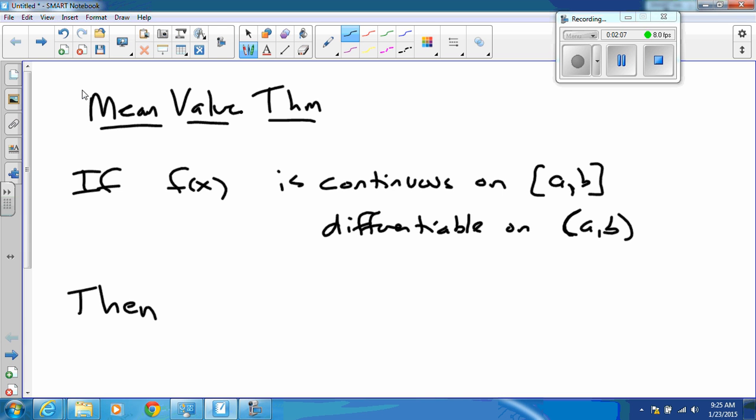But this is the least restrictive. We allow f to possibly have a sharp corner or a vertical tangent or whatever at the endpoints. But it has to be smooth in between. That's what we're requiring. If these two conditions are met, then